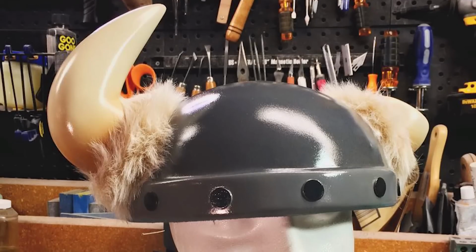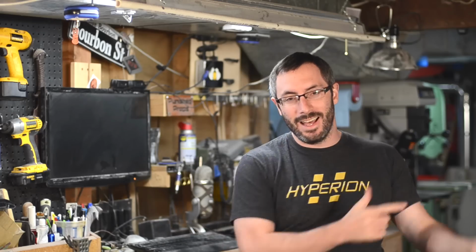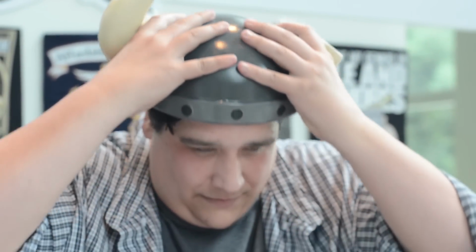The helmet was all done. I took it into PAX with me and delivered it to Scott, who adorned it upon his melon like a champ. He seemed really excited about it. I was especially stoked to get it to him in time for the Acquisitions Incorporated D&D game, which happened at